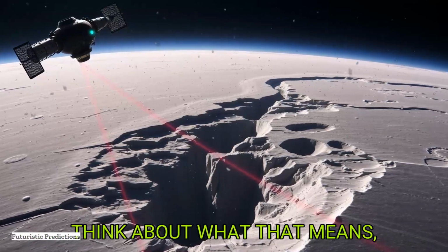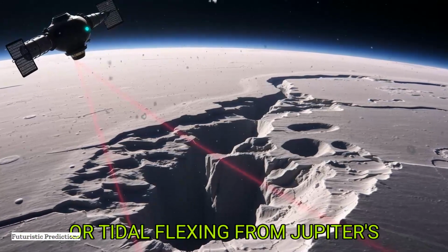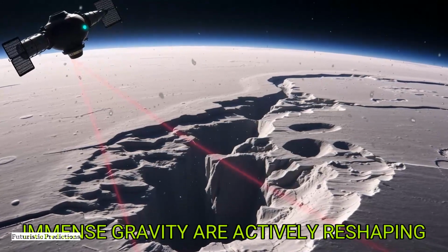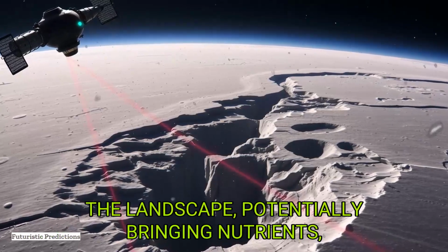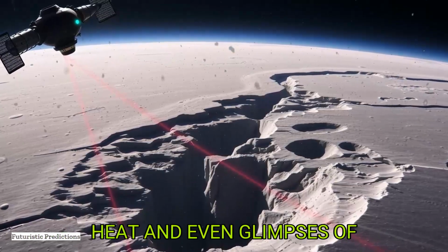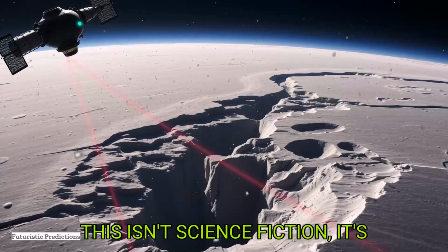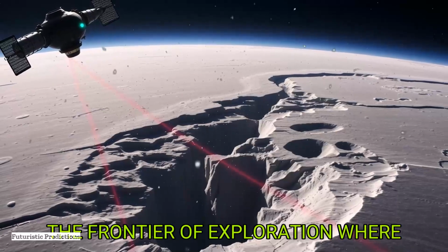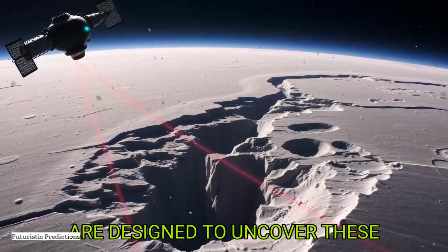life. Think about what that means, a world where geothermal forces or tidal flexing from Jupiter's immense gravity are actively reshaping the landscape, potentially bringing nutrients, heat, and even glimpses of the hidden ocean to the surface. This isn't science fiction, it's the frontier of exploration where rovers, orbiters, and future missions are designed to uncover these